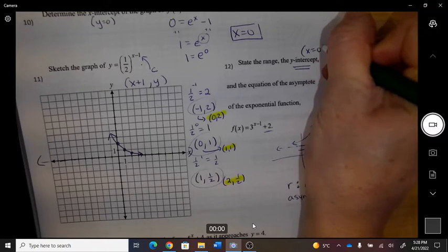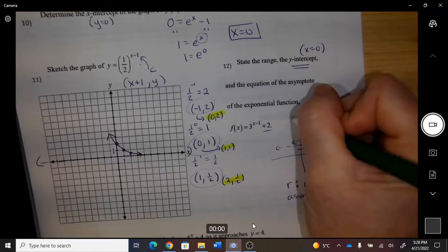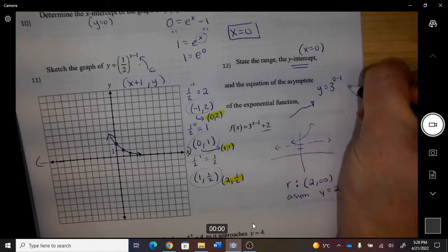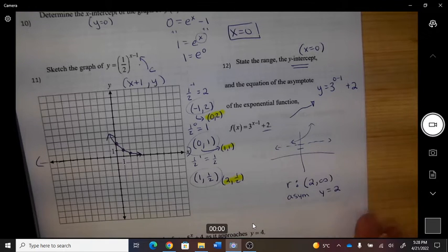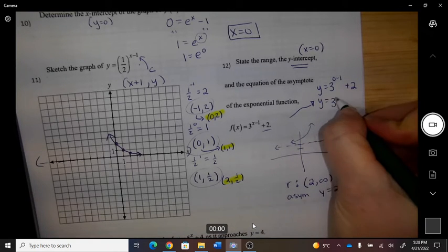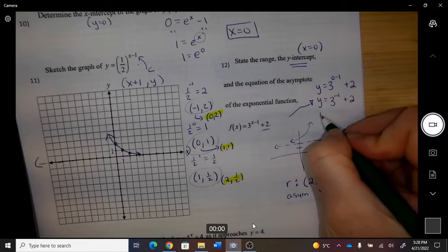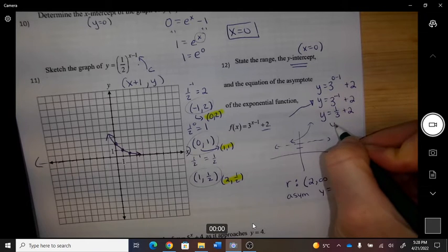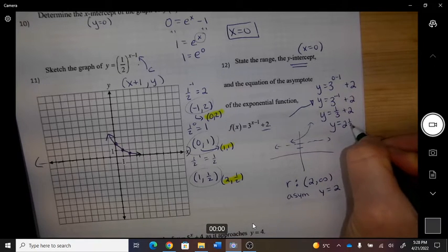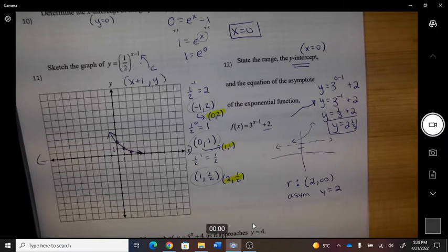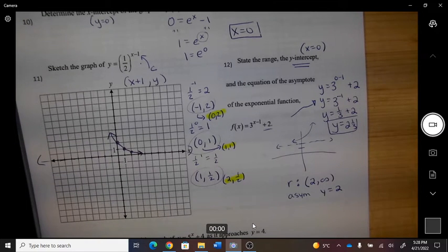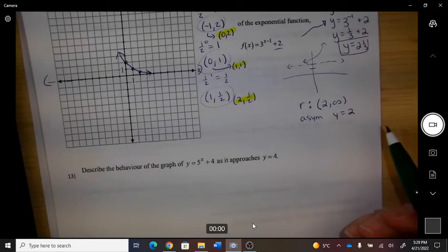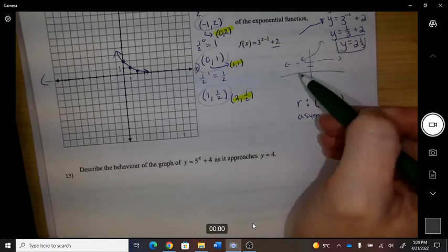That is when x is 0. So what happens? Y equals 3 to the 0 minus 1 plus 2. So y equals 3 to the -1 plus 2. So y equals that would turn into 1/3. So the y-intercept is 2 1/3, or 2.333. Okay, and you could have graphed the exact points, but if you have a general idea, you can answer some